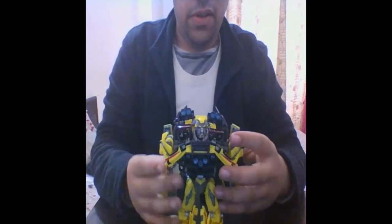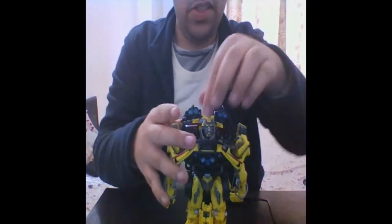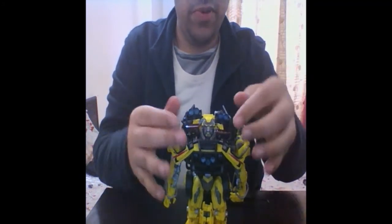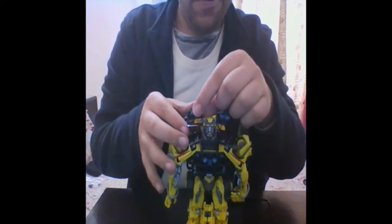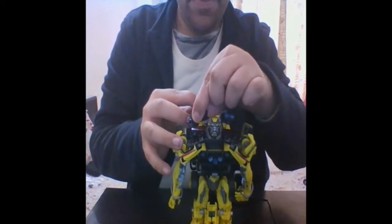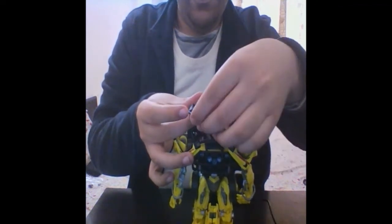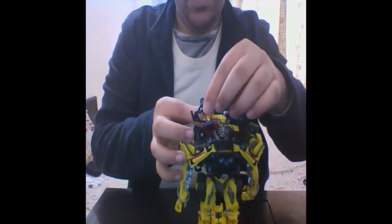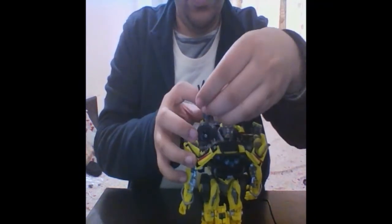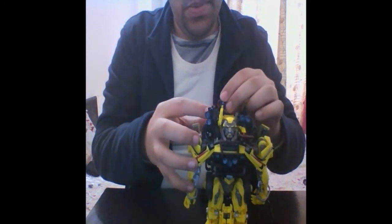Now for the top armor. Now for the top half. Now we've got the top half almost pretty much done. Then take the floodlight section and separate this from the light bar. Then take the light bar section and fold this down and get the floodlights out of the way to give some clearance. And what I like to do here is rotate them around like this